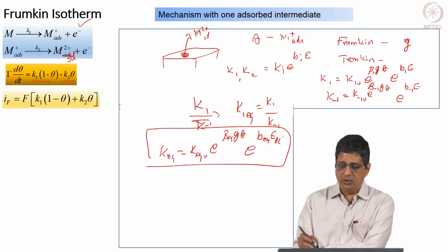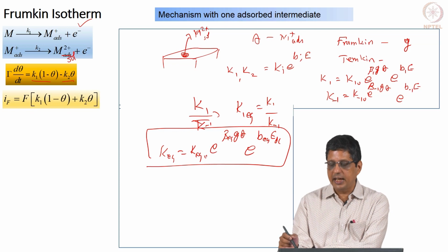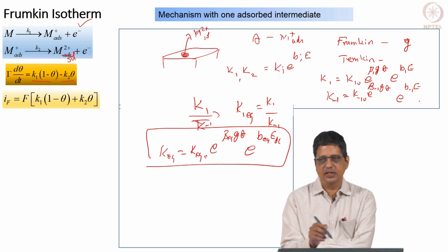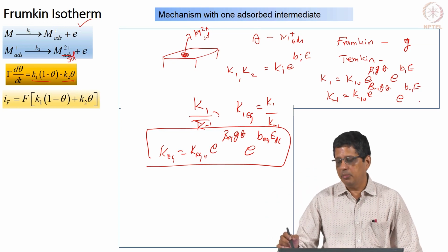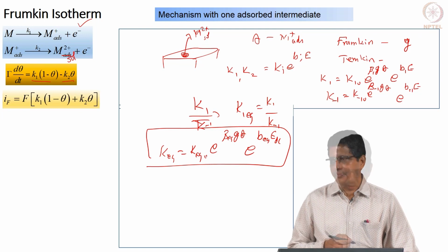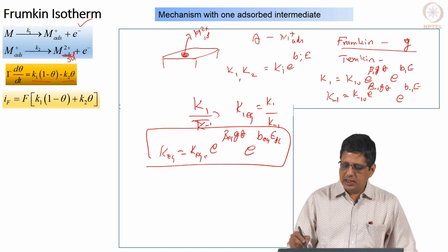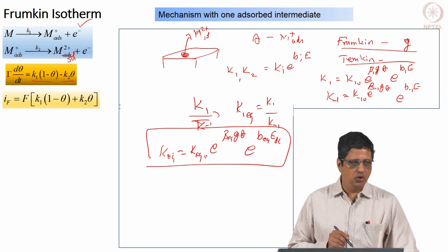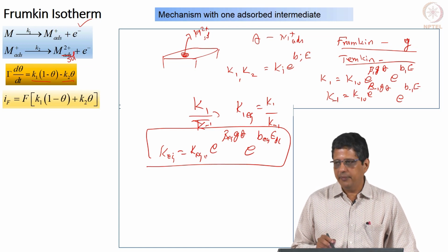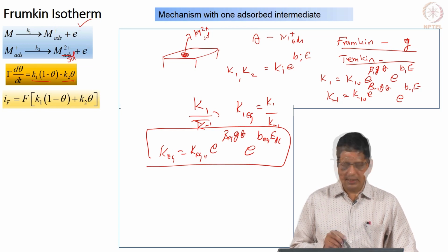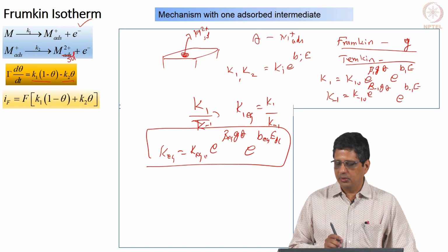Okay. Since we know it is going to depend on theta, we know beta equilibrium cannot be 0. It is going to depend on the DC potential, B1 and B minus 1. In fact, they will have opposite signs. B1 is going to be positive, B minus 1 is going to be negative. So, B1 minus B minus 1 will not be 0. So, all that the isotherms describe is that it is going to be exponentially dependent on theta, exponentially dependent on potential because it is for an electrochemical reaction.